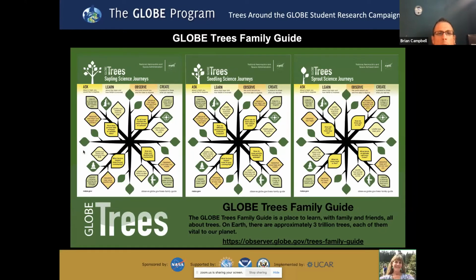So let me finally mention the Globetrees Family Guide. This is a place that you can go to learn all about trees through these science journeys. And you might have heard about this last time, but we have it divided into age groups, basically. If you go all the way to the right, that's the youngest group, the Sprout Science Journey. So students, really young children up through early elementary school. And then